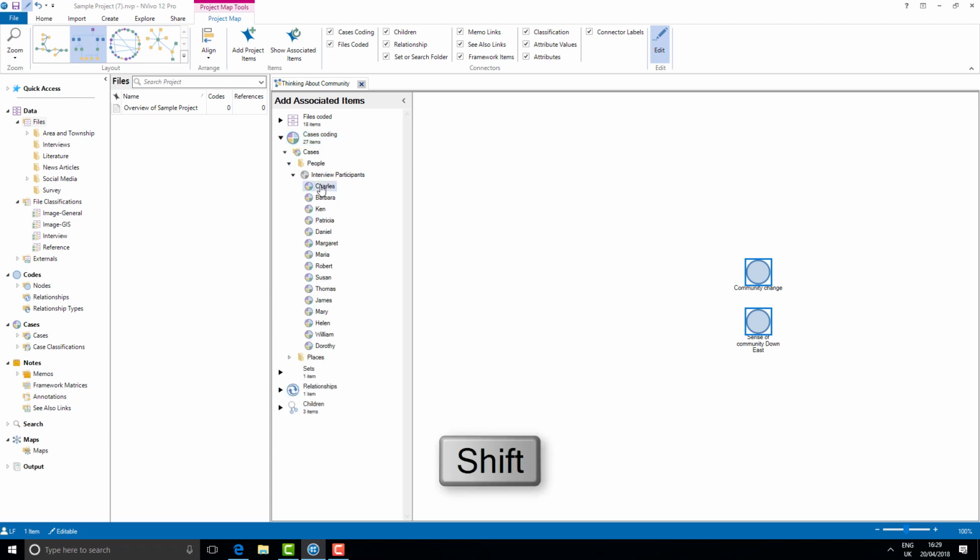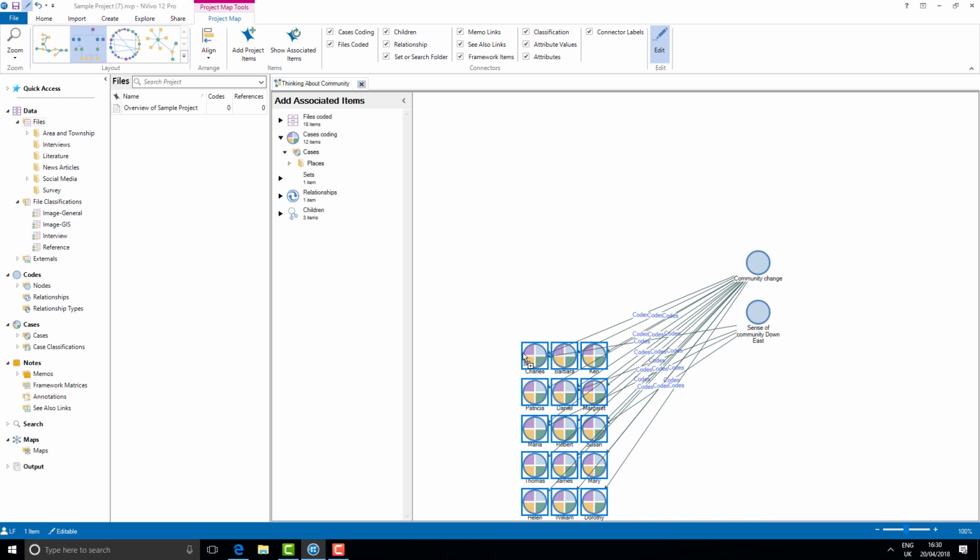I can hold down the Shift key to select all of the cases that have been coded to at least one of these two nodes. I need to continue to hold the Shift key as I drag onto the map in order to include all of those cases. Now I'm able to see which cases have been coded at each of these nodes,